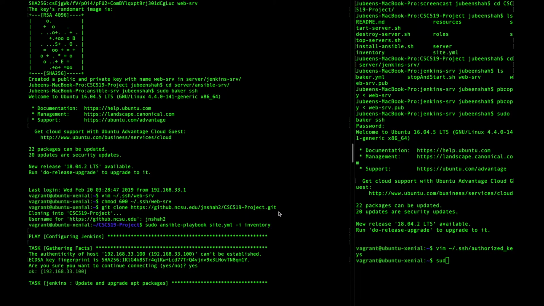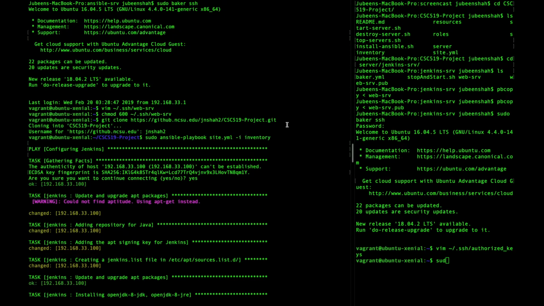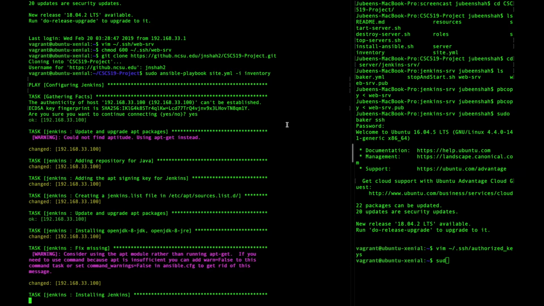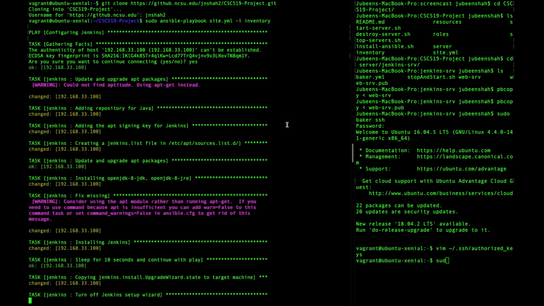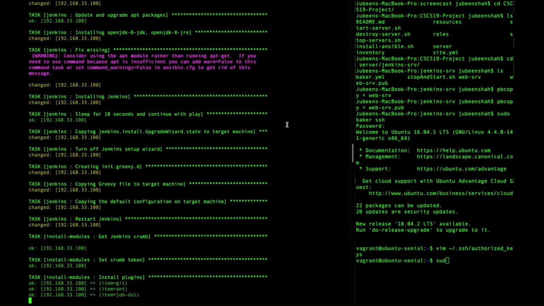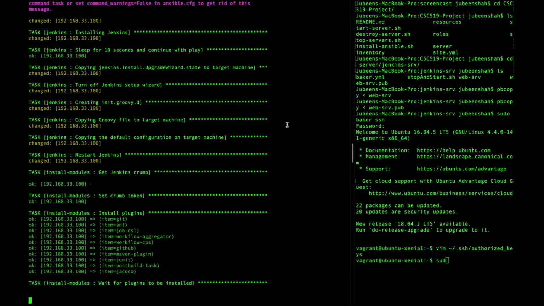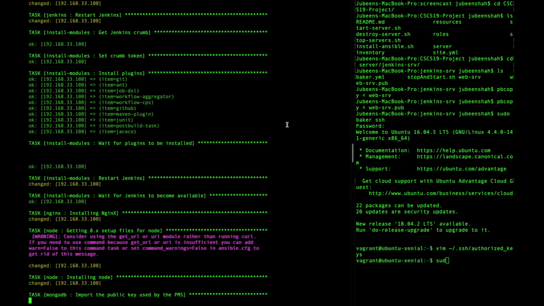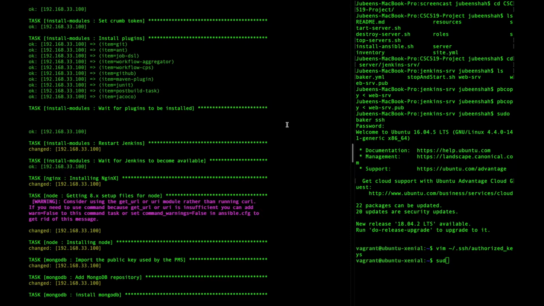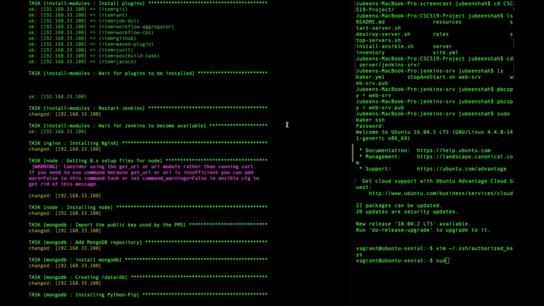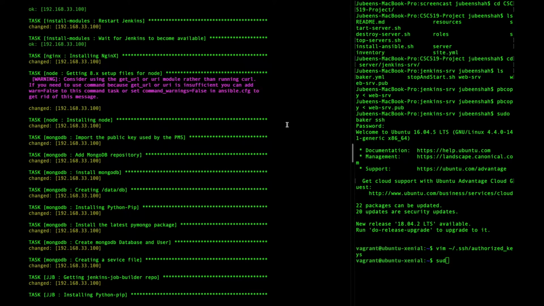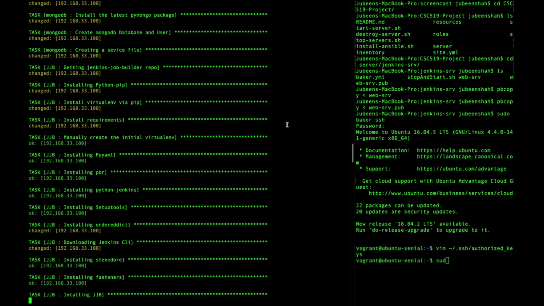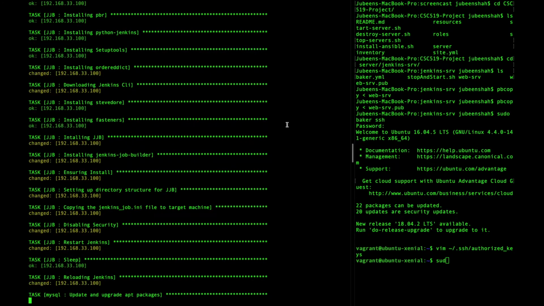So what we are currently doing is installing and configuring Jenkins, followed by installing the modules that would be needed for the building of checkbox and iTrust. We are then installing Nginx, Node, and MongoDB, which are dependencies for checkbox. We are then installing jenkins-job-builder, which would be used to build jobs for checkbox and iTrust on Jenkins. Then we are installing MySQL and Maven, which are dependencies for iTrust for a database and building iTrust. We are also installing a headless Chrome, which is needed as a dependency for iTrust again. And finally, we are downloading repositories for checkbox and iTrust